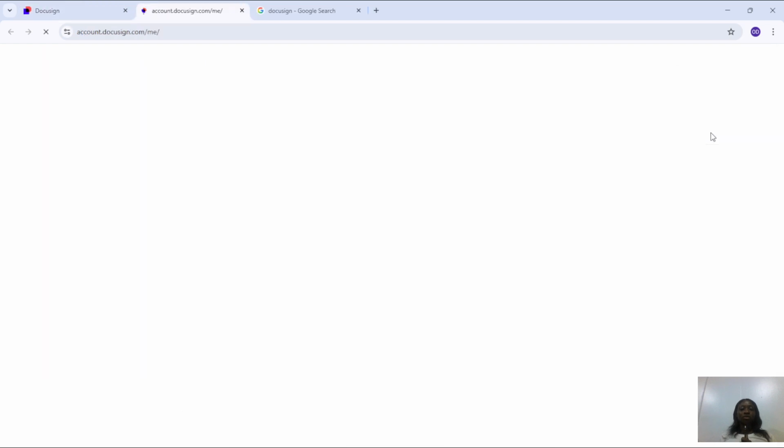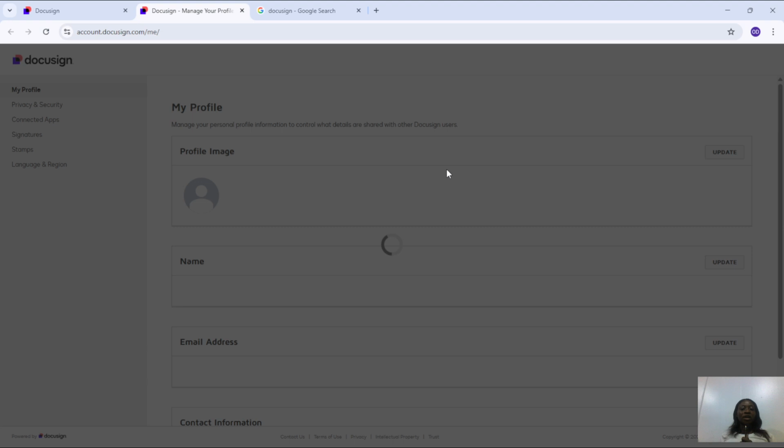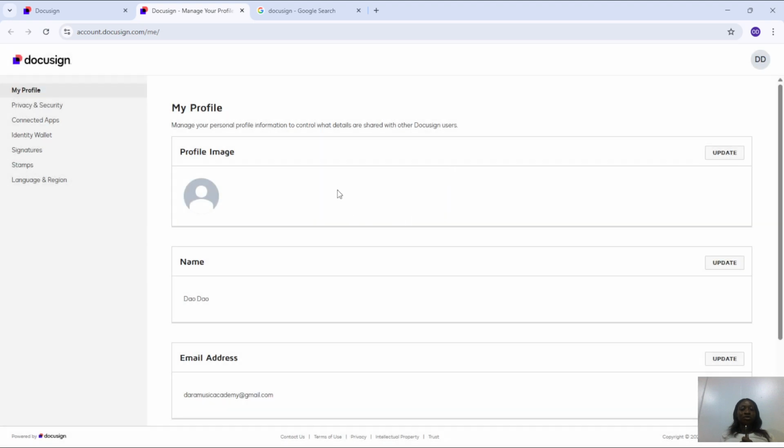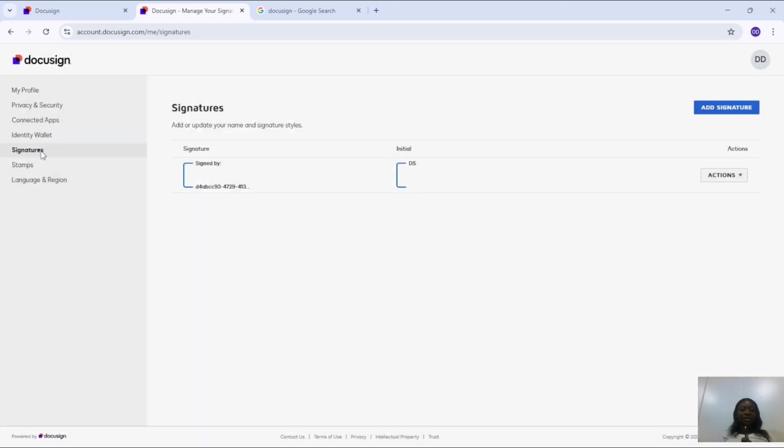So when you click on manage profile, it will take you to this page where you can either decide to work on your profile, change your name, email address, work on the privacy or security, wallet, signature, stamps, and all other things that are displayed over here. For the purpose of this video, what we want to do is show you how to remove a particular signature from your Docusign document. So you head over to signature over here, click on that, and on your